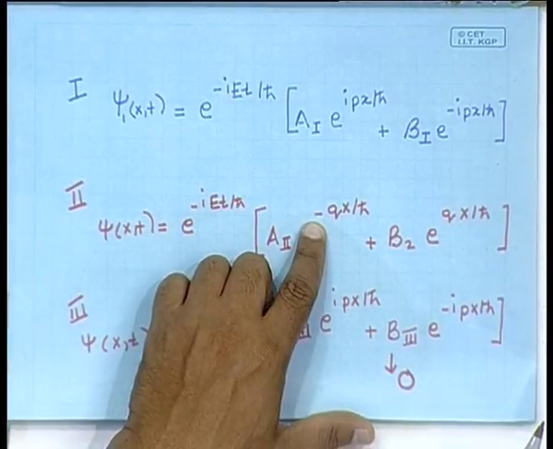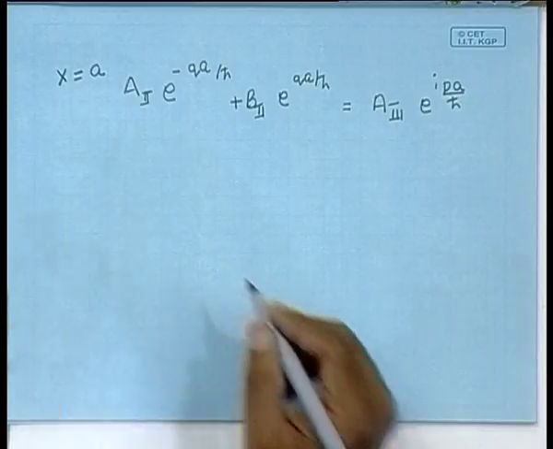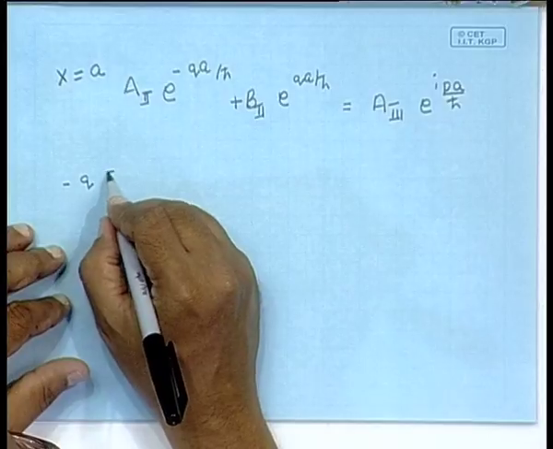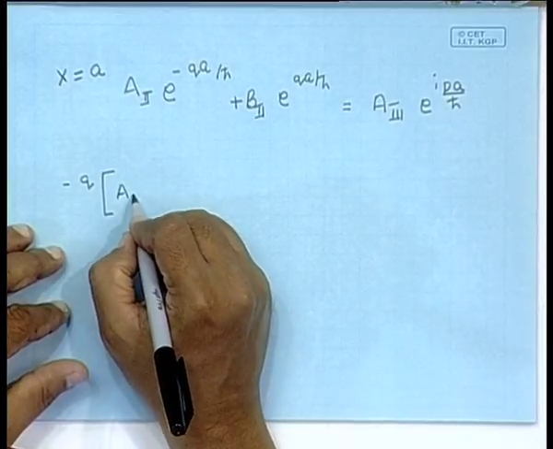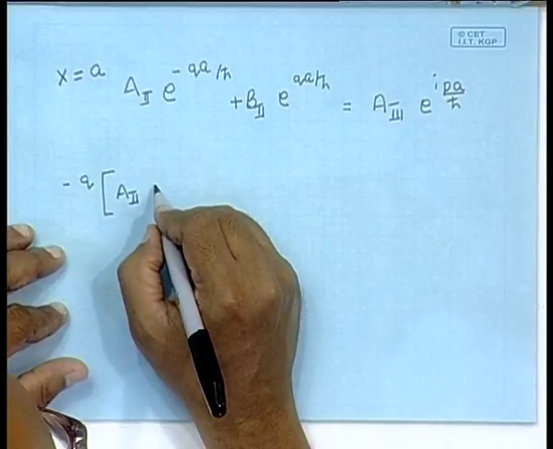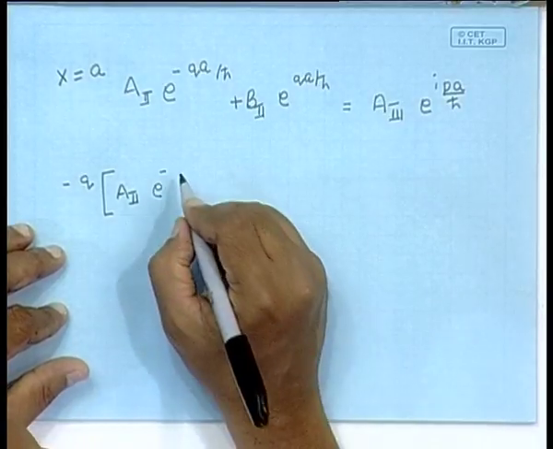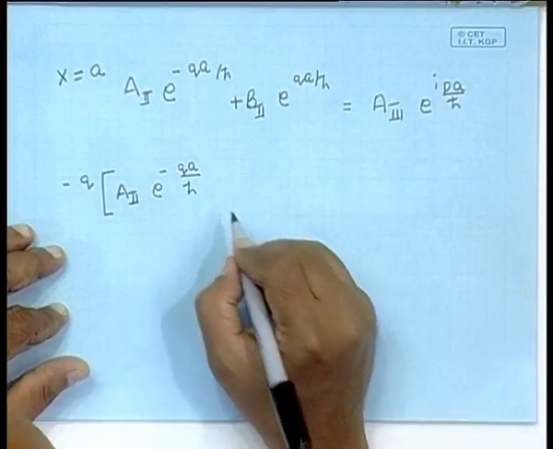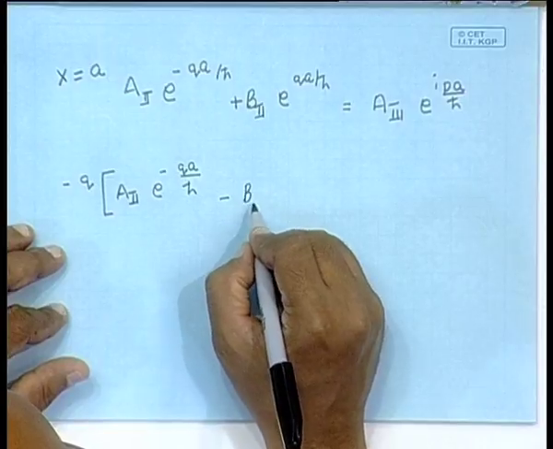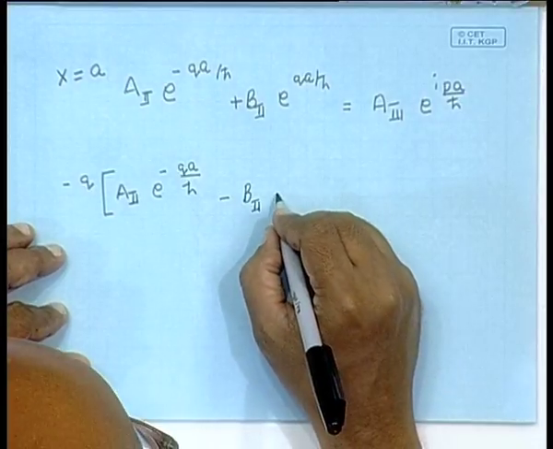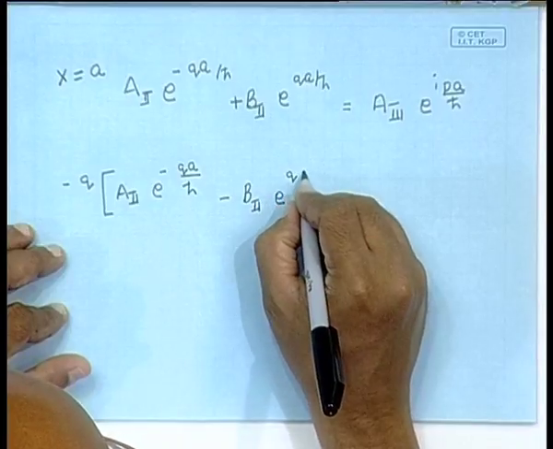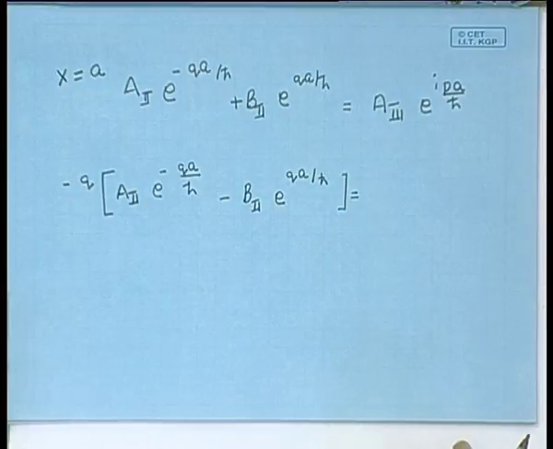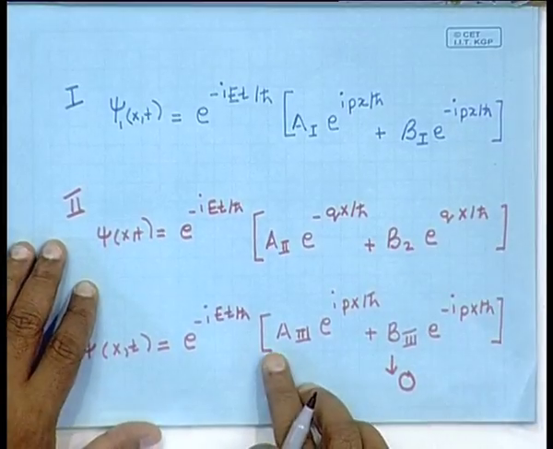So, let me take this minus q common outside, and what I get when I differentiate is minus q times A2 e to the power minus q a by h cross minus B2 e to the power q a by h cross is equal to,